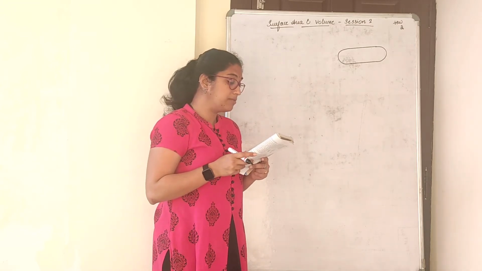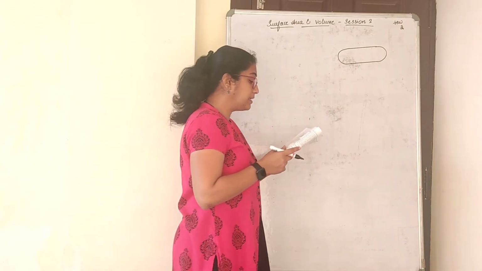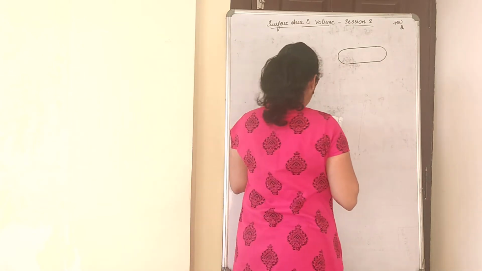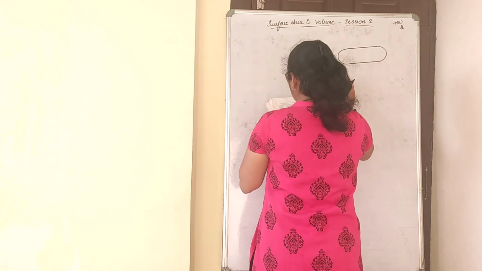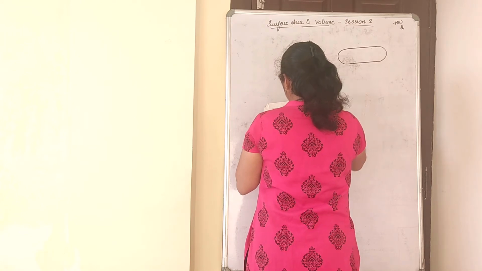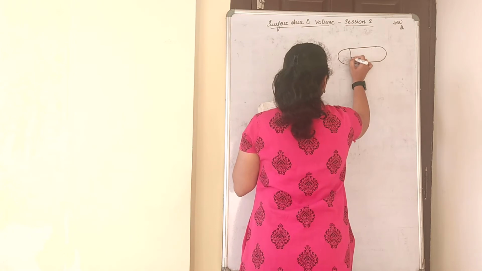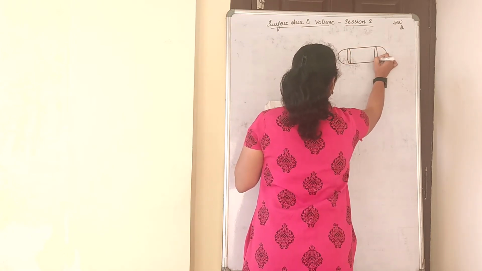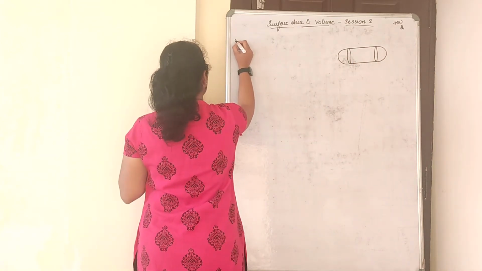Find approximately how much syrup would be found in 45 gulab jamuns, each shaped like a cylinder with two hemispherical ends with length 5 cm and diameter 2.8 cm. So let me just draw this, considering it as a figure. So these are hemispherical ends. I will write first about the hemisphere.